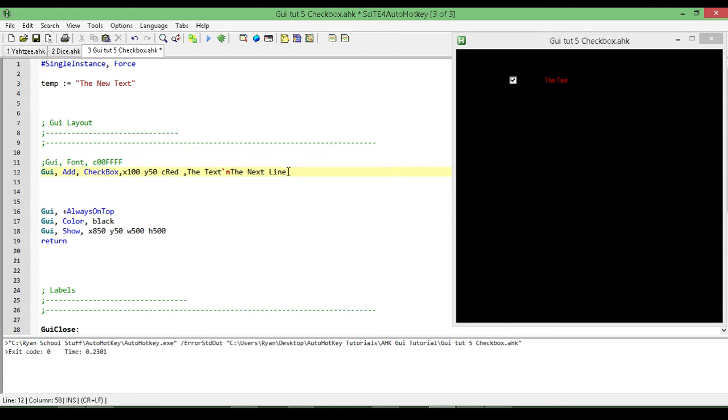Okay, and I'll do one more line. So again, it's the escape character N, new line feed, and